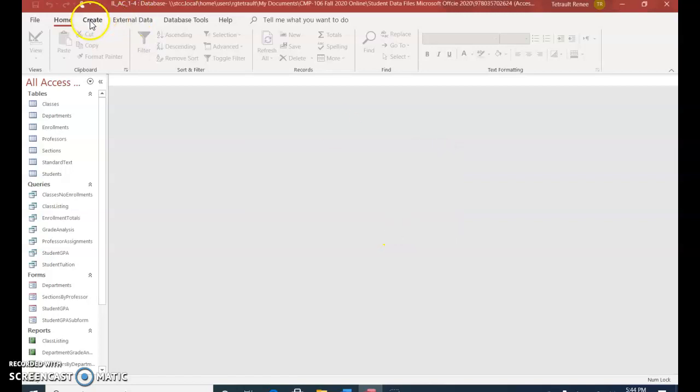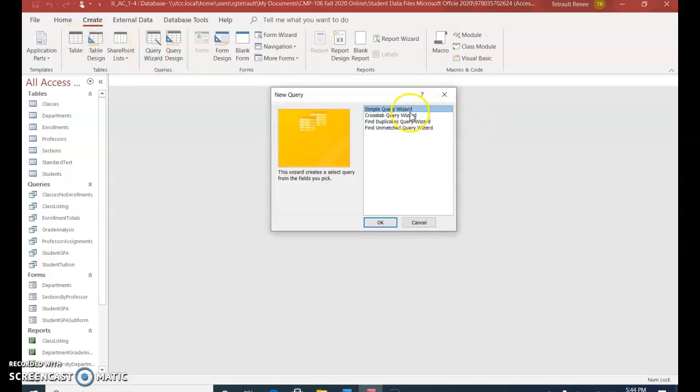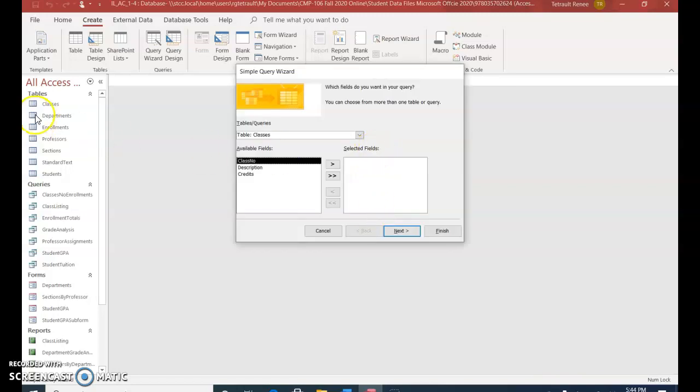So choose Create, and it's a query wizard, and it's a simple query wizard. Click OK. And then you are working from all these tables that are showing us objects on the left hand side, and when you click the down arrow, all of these tables that are listed here show up in here as well. So the first thing we're going to do is from